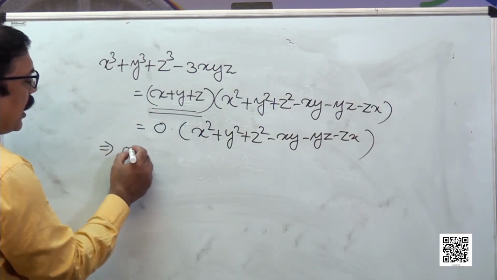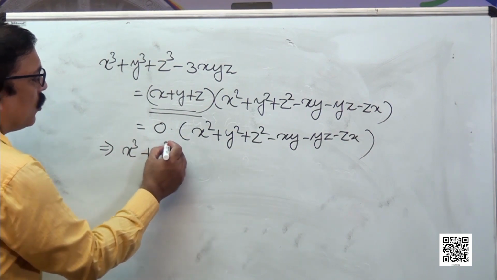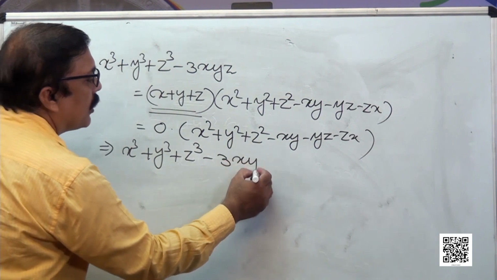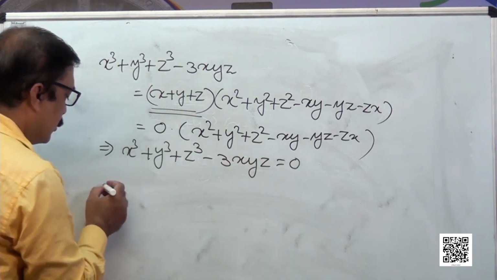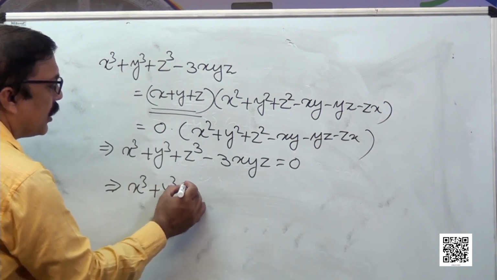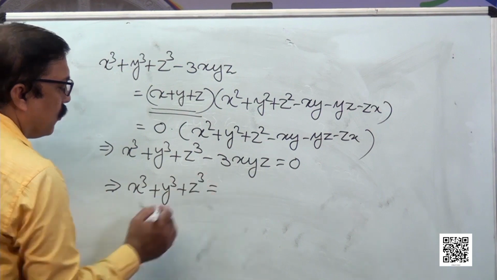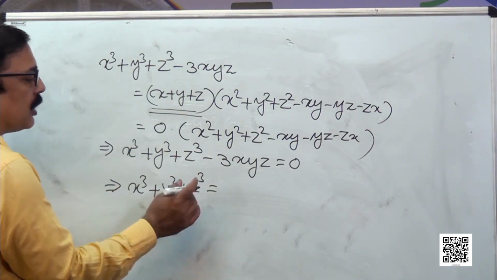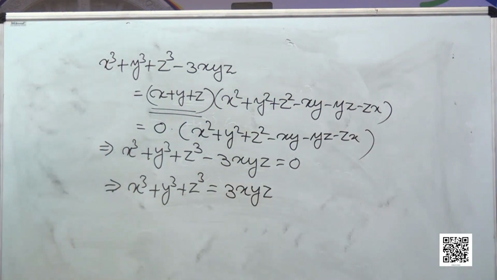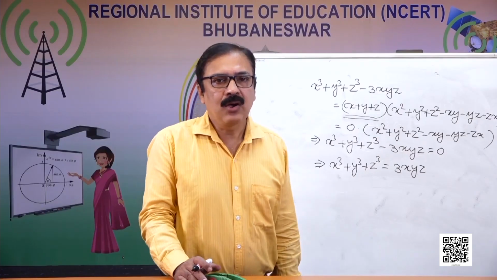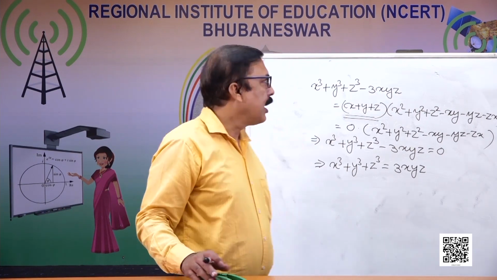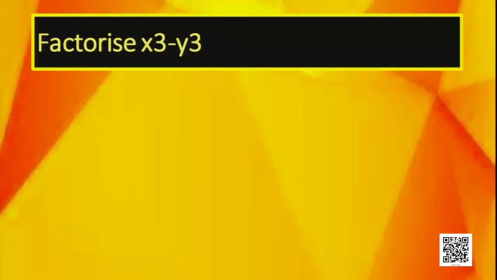This implies x cube plus y cube plus z cube minus 3xyz is 0. So by taking this 3xyz to the right side, we get x cube plus y cube plus z cube is equal to 3xyz. Now, if we want to factorize x cube minus y cube, then simply take the identity x